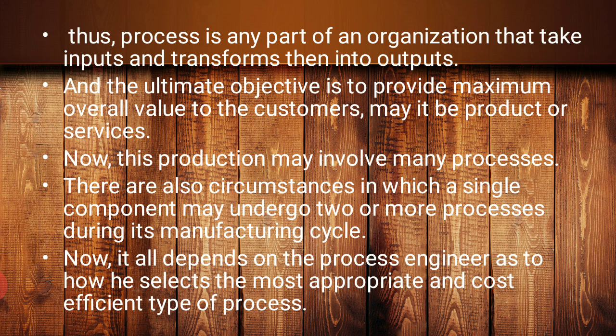Now, this production may involve many processes. If you are producing something, it is never that it can be done with one single process only. There are multiple types of processes available, and this process selection is to be done by the manufacturer to see that whatever we want to produce, with whatever available transforming and transformed resources we have, we utilize them to the maximum optimum level, and then we select such a kind of process which is cost effective,